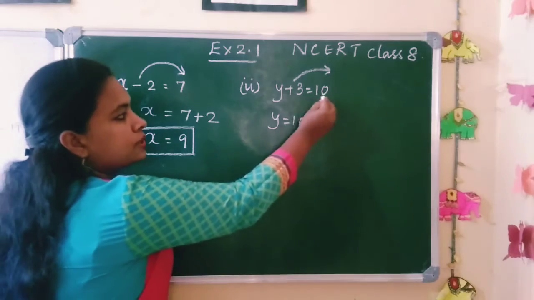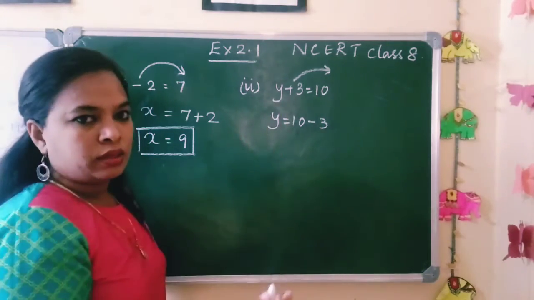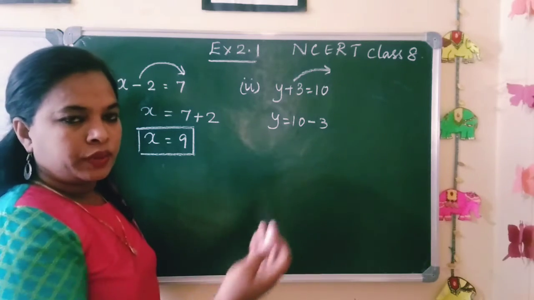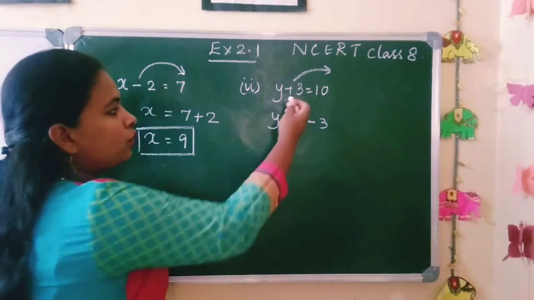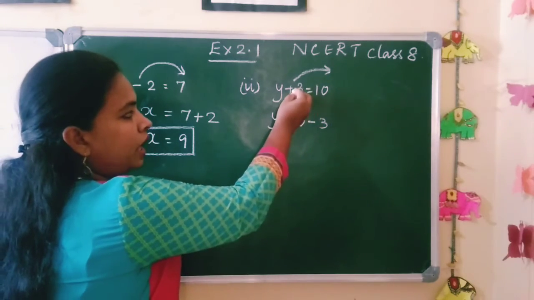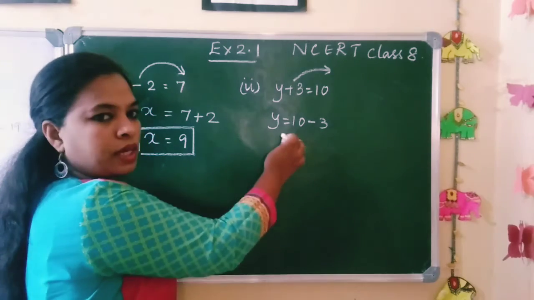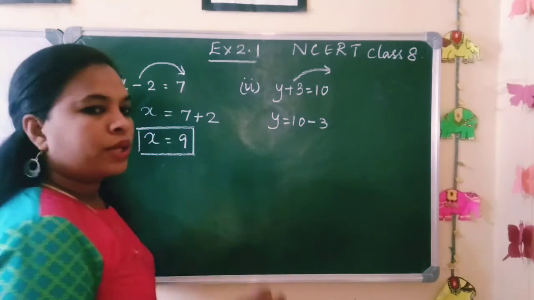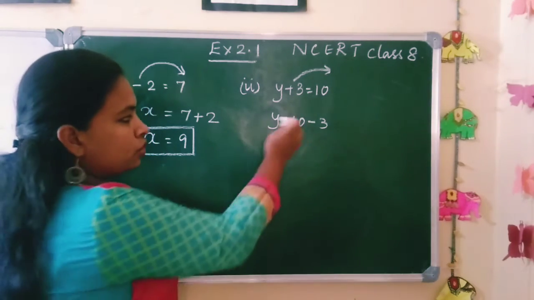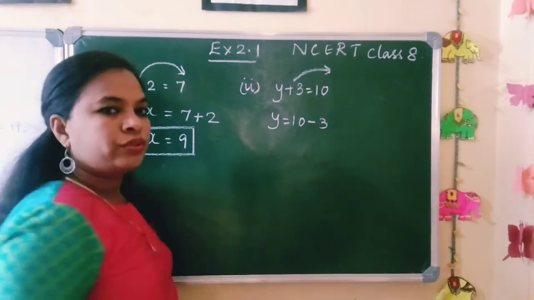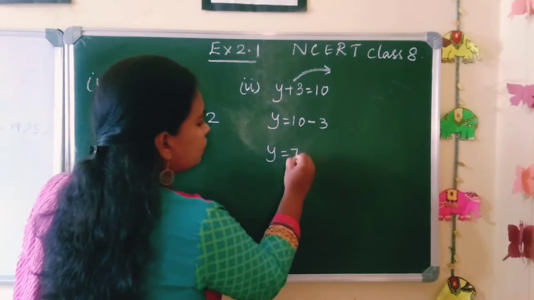Just imagine this is your own room where you stay, and those who are coming from outside, that is your relatives, when they come, you are going to share their room, right? And when they are sharing, they are going to come with an opposite sign here. You can just remember, don't shift this number to the other side. That also you can do, but here we are going to find out the value of the variable. So y will be equal to 7.